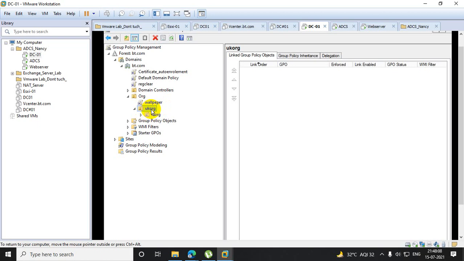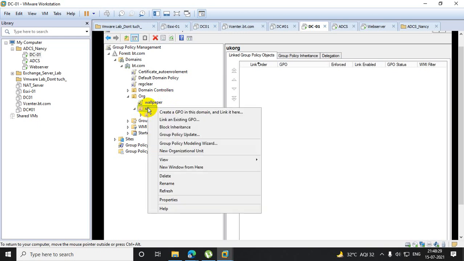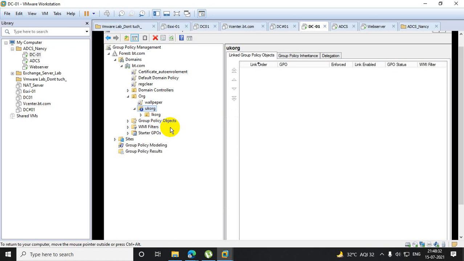It's called block inheritance. Normally it's inheriting the policy on the child OU. Now once I do the block, that means this particular wallpaper policy will not apply for this OU. Let's see. So I am doing the block inheritance here. Just click on block inheritance, which means this wallpaper policy will skip this OU and then jump to the next OU. Let's see whether it works or not, or whether the policy will not work in the child OU if a middle OU is blocked.